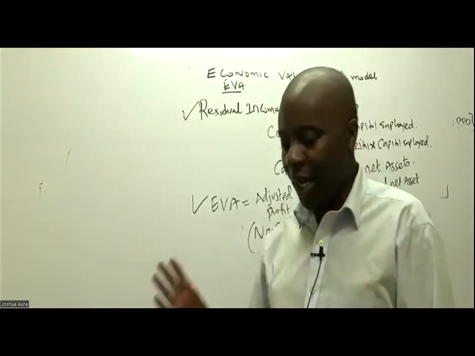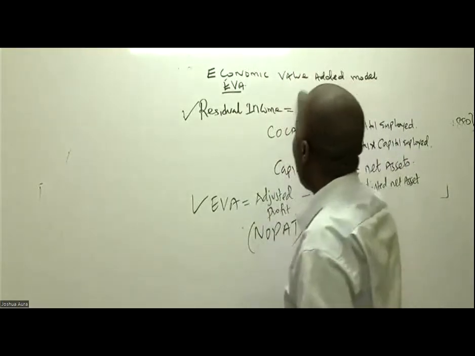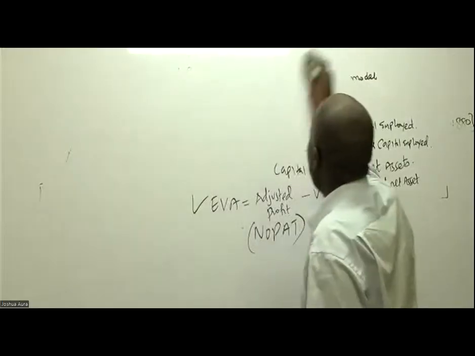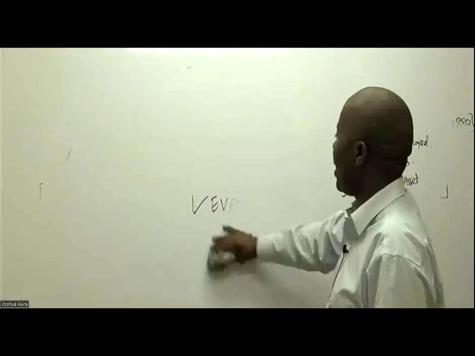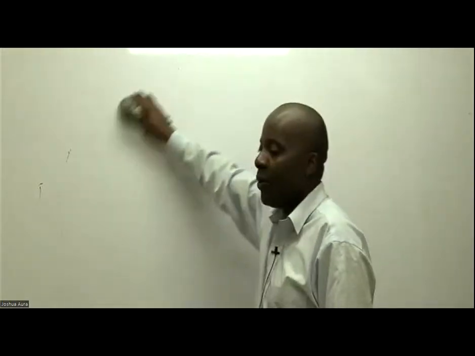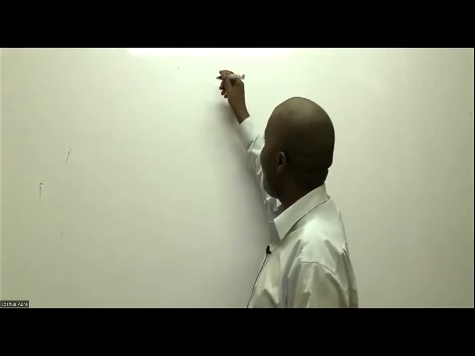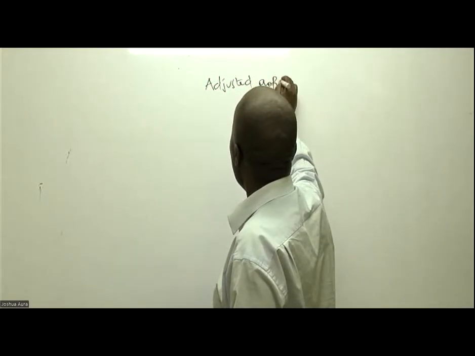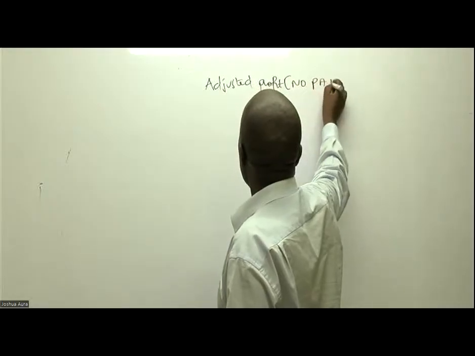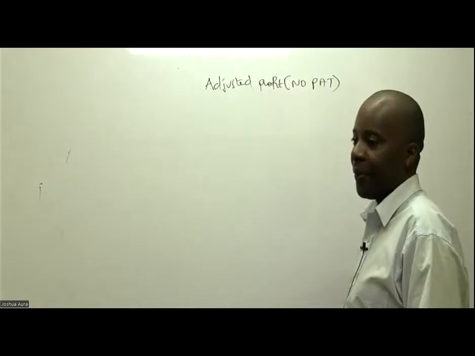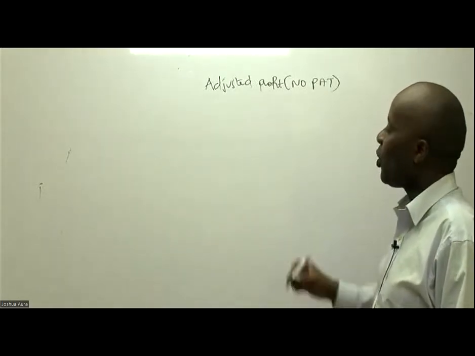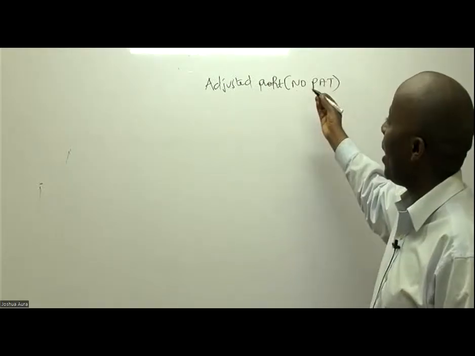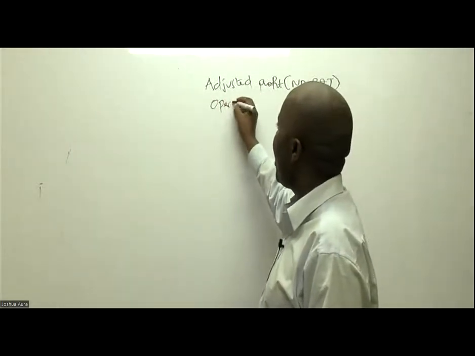The key thing here is for us to get the adjusted profit. So how do we get adjusted profit? Remember that this adjusted profit is what we are calling the famous NOPAT. And because we are talking about NOPAT, when they talk about operating profit,